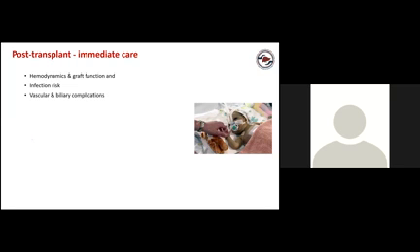Vascular and biliary complications. A commonly occurring complication is hepatic artery thrombosis. All would know, especially in these tiny babies, the anastomosis in these tiny vessels is quite challenging and they are more liable to get thrombosis. So vascular complications may occur. And biliary complications. Sometimes biliary leaks can occur even in the immediate transplant period.